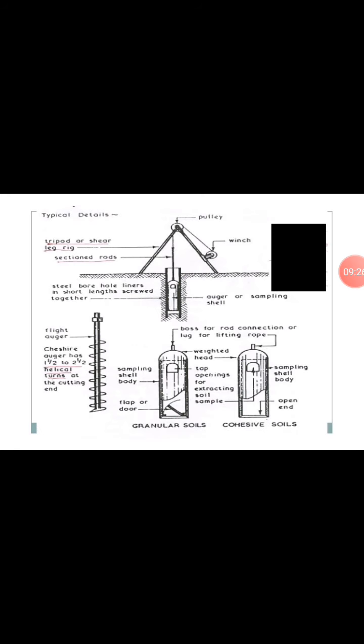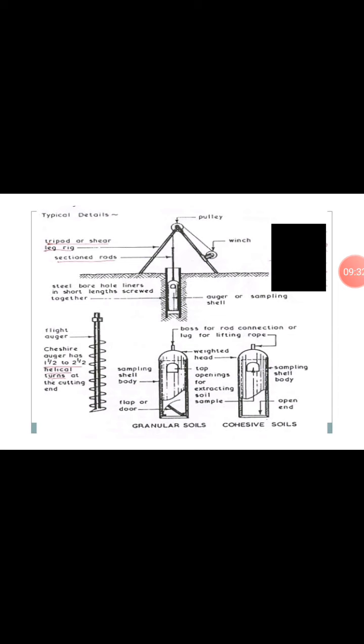Now next one is auger and shell boring. In the case of soft soil, a cylindrical auger with a 75 to 200 mm diameter hollow tube with a cutting edge at the bottom is used, and in the case of hard clay, a shell with a cutting edge or teeth at its lower end is used, and in the case of sandy soil, a pump is generally used. Here the figure is given, and in this figure auger sampling is taken.